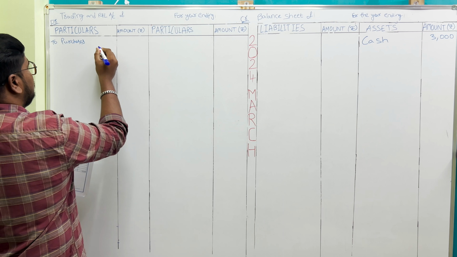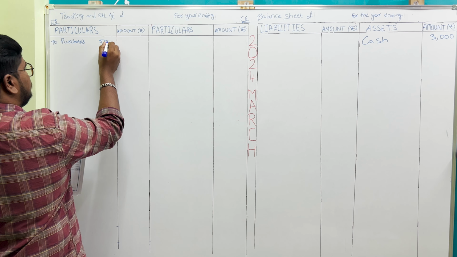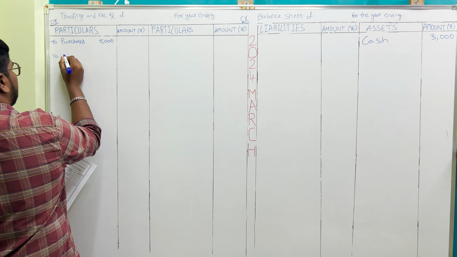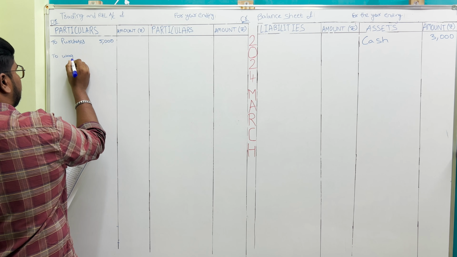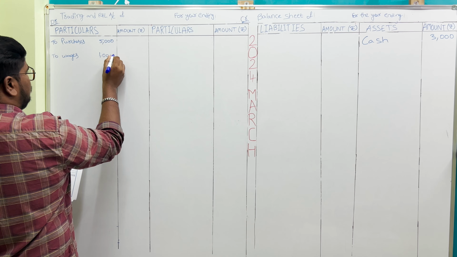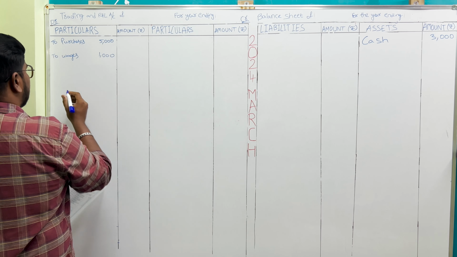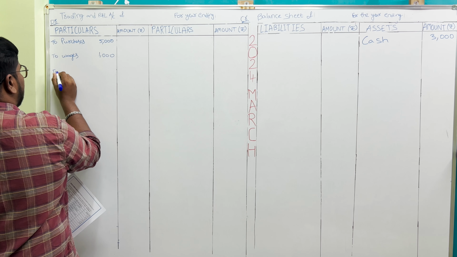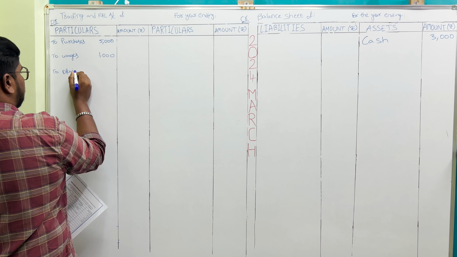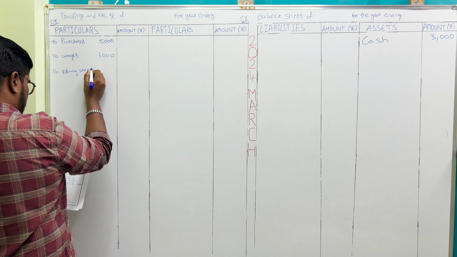We'll write the amount in the inner column, 5000. Wages, trading account. We have an adjustment. We are writing it in the inner column, 1000. Next, opening stock, again trading account, outer column